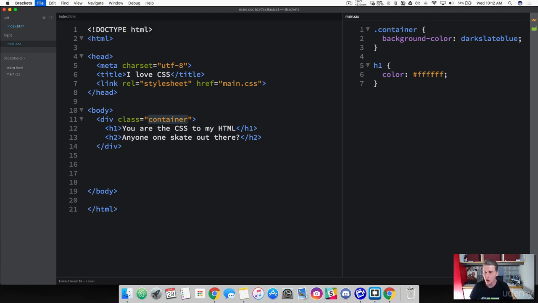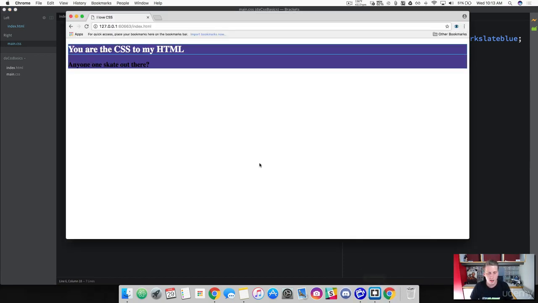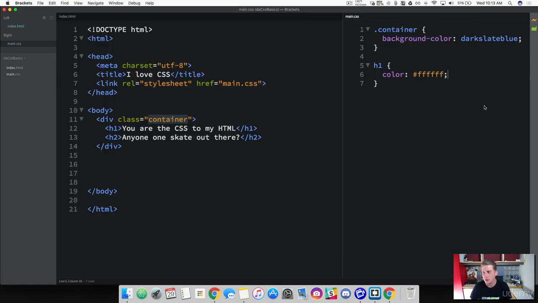letters here. So this is the hex code for white. I've added 6 F's here. Now I could add 3, but I'm just going to use 6. And then if we come back over to this and refresh here, you can see that we have changed the color of this header1 font to white. Awesome. So pretty standard. And there is a third way that we can do this,